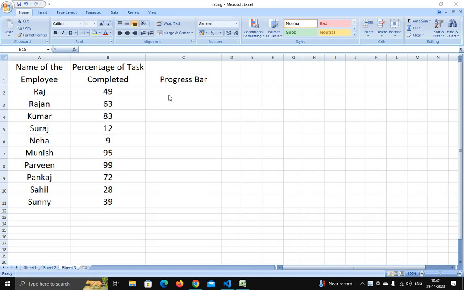Hello, in this tutorial I will discuss how you can create a progress bar in Microsoft Excel. So this is the name of the employee and percentage of task completed, and I want to create the progress bar. So for that simply use